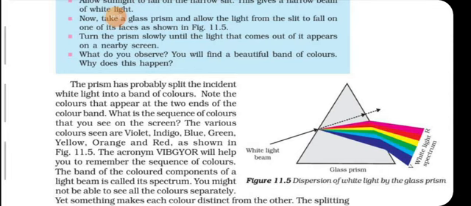It changes into 7 colors. I repeat, whenever a white colored light is passed through a glass prism, it changes its form into 7 colors. That is generally known as Vibgyor, a short form of a rainbow color. That is violet, indigo, blue, green, yellow, orange, red.